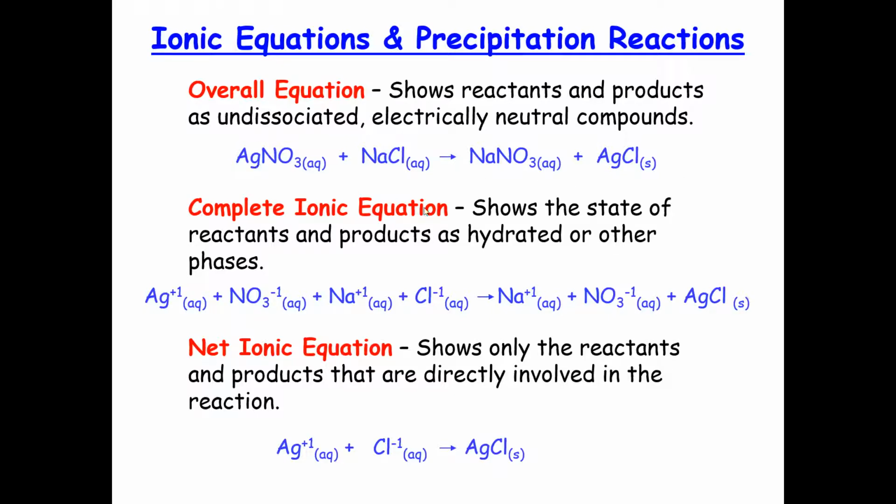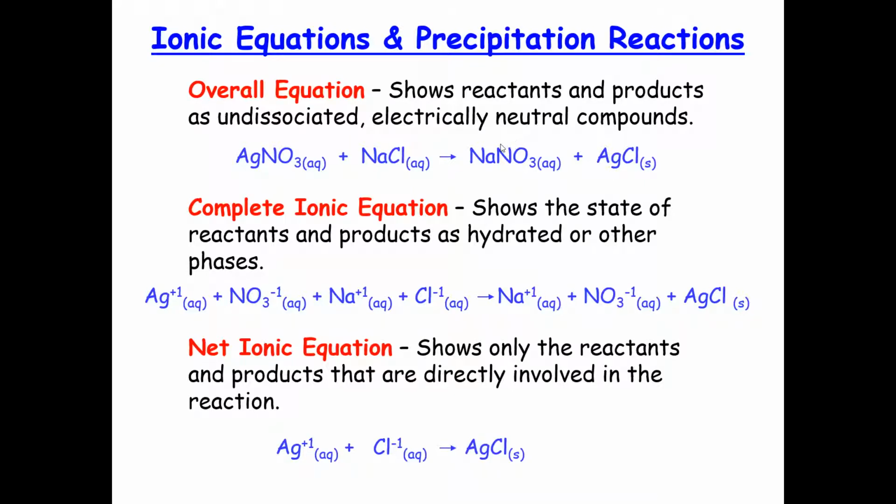So these two on the left side of this arrow show the reactants, the initial chemicals that we mixed, and these two on the right side of the arrow, they show